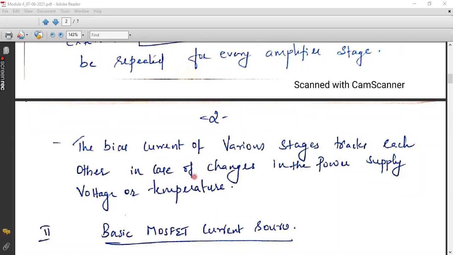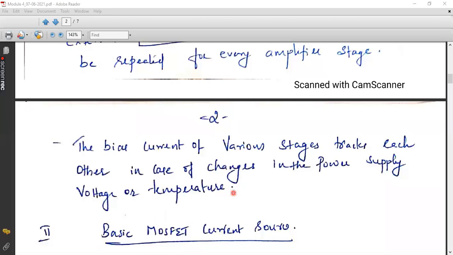So what we have to do is, if there is a change in voltage, that means fluctuations in the power supply, or some changes in the temperature, those changes can be tracked with each other. That means different stages can track each other. For example, since all the circuits are interconnected, due to some changes in the temperature or in the external power supply, maybe the Q point that we have fixed for one stage would have become unstable, or it would have shifted. The Q point may have shifted from saturation into some other undesirable regions, maybe cut off or triode region, right?